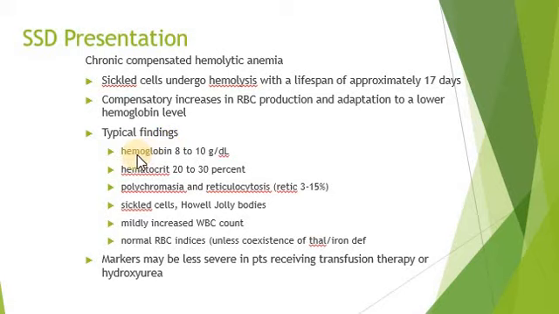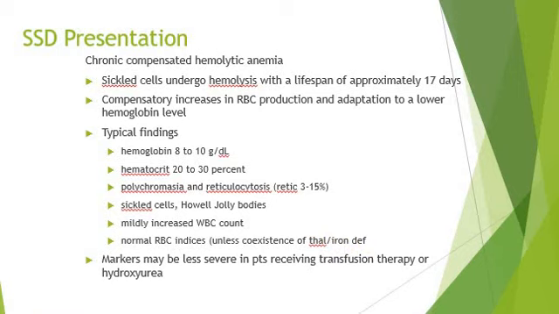Typical finding is that normally hemoglobin levels are found between 8 to 10 grams per deciliter. Hematocrit is about 20 to 30%. There will be poikilocytosis. There may be a reticulocytosis. Cells are sickled. Mildly there is an increase in the WBC count, or there may be normal RBCs, or along with the deficiency